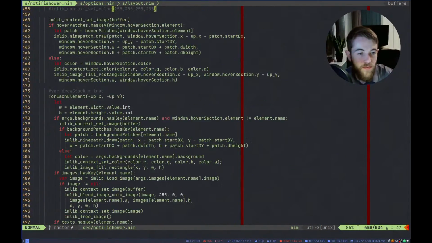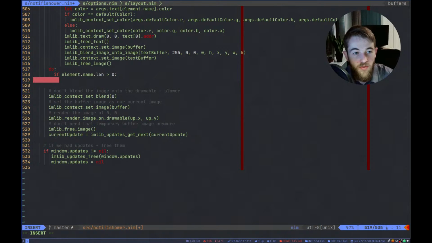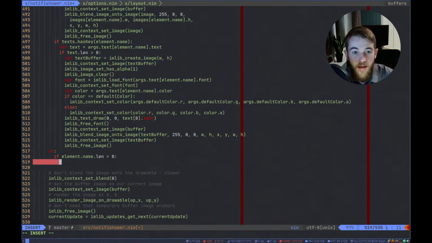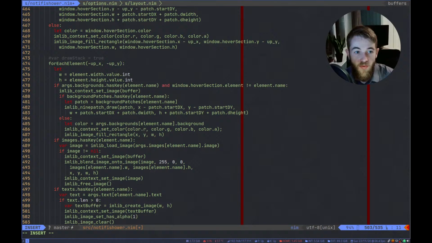So here we can do if element.name has a length of more than 0. So if we have any characters in the name, then we want to check if that name exists in the backgrounds, and if it does, then we want to draw that background on the screen.